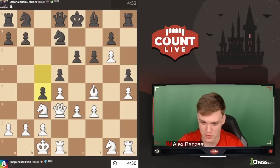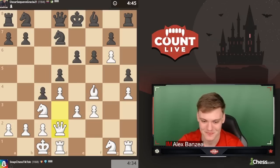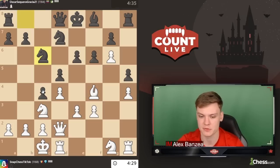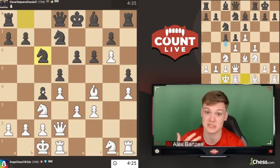We do see c4. Gonna be playing queen d2. Funny idea, maybe queen h2 could be useful in some lines, keeping an eye on this diagonal. But most likely we're just gonna be playing e4, trying to open up the position and then use the e-file. Normally, I used to be quite afraid of this pawn being on c4 as an e4 player. Normally you see that theme coming from some lines in the French defense, and whenever black gets this kind of c4 move,